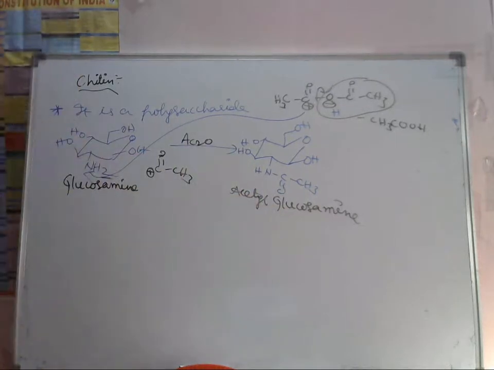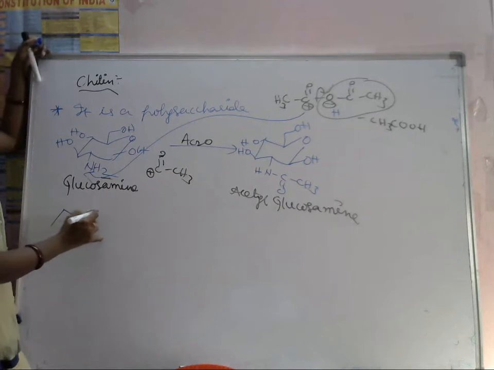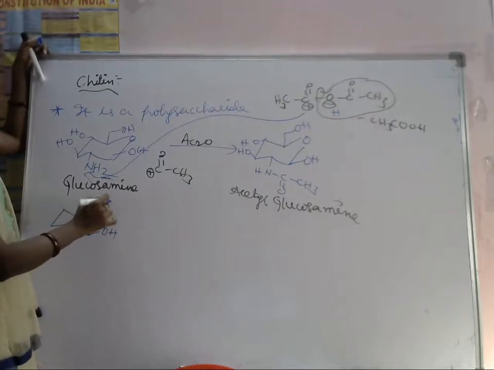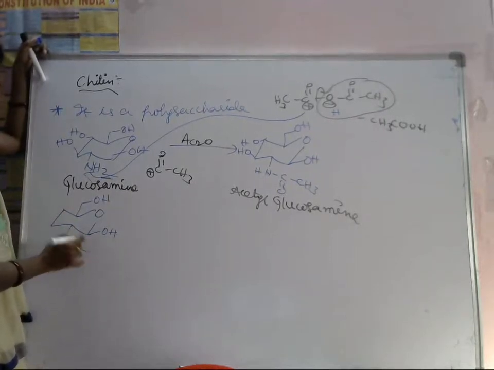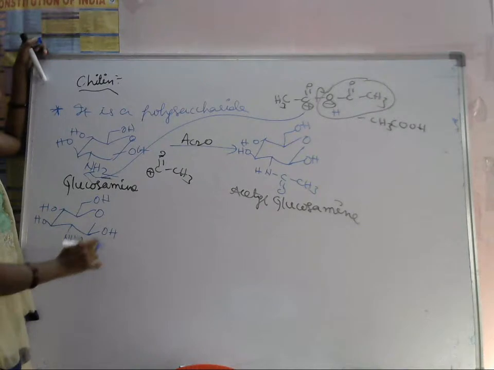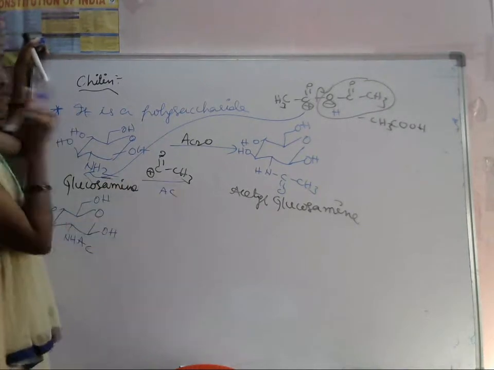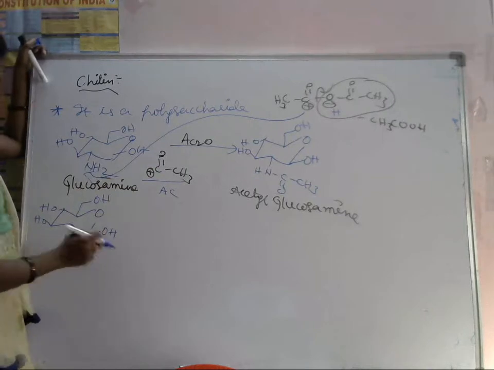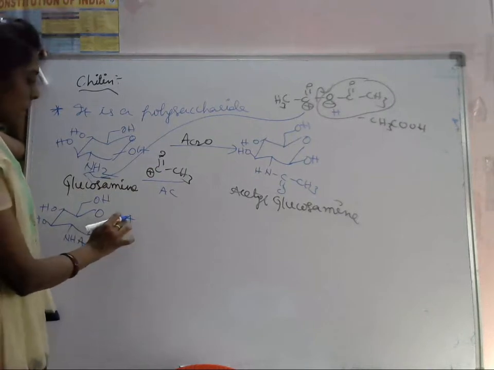Okay, so if you see next, we have to take molecules. NHAc, we can write it as Ac group. Okay. So Ac, acetyl group. So that's why we can write this one. Okay. So plus